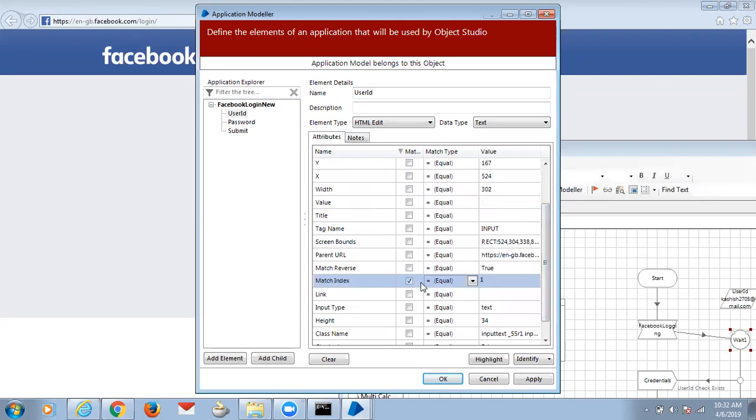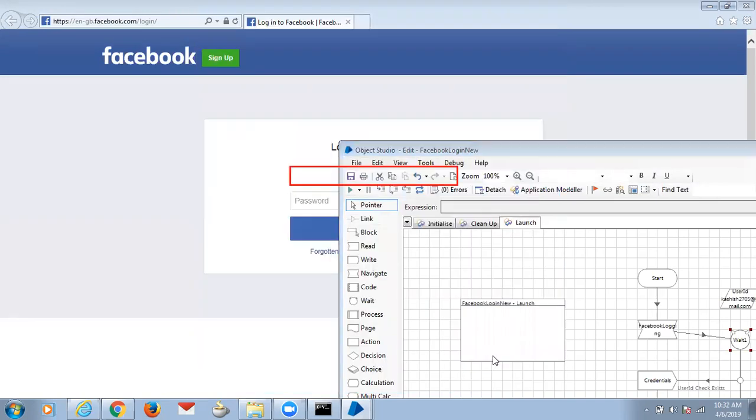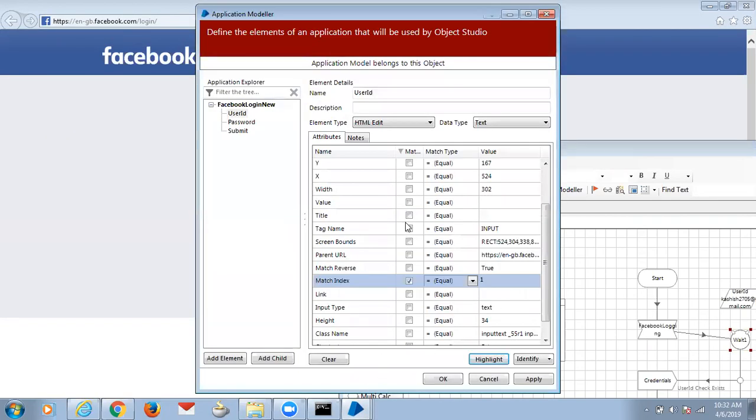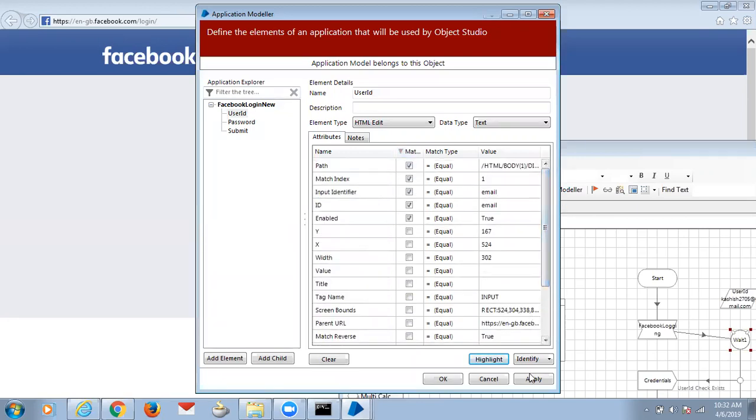Actually, I will check it. I will define it.